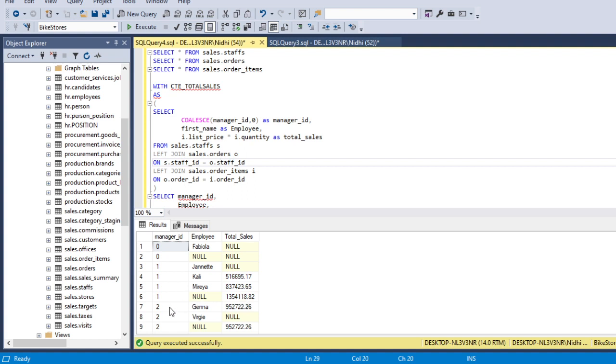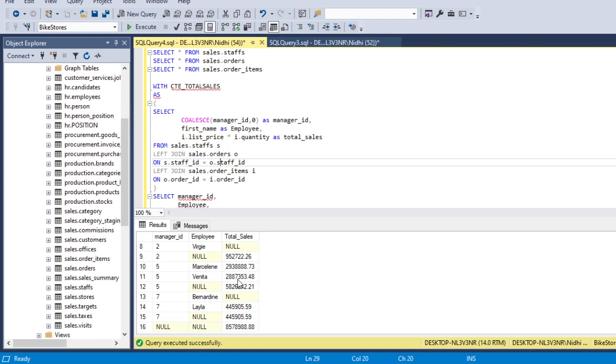Then moving to this second manager ID, as you can see, first it has given us the manager ID and employee format, and then the manager ID level, and similarly it goes for every manager ID. The last row is at the total level, which is all manager IDs put together.